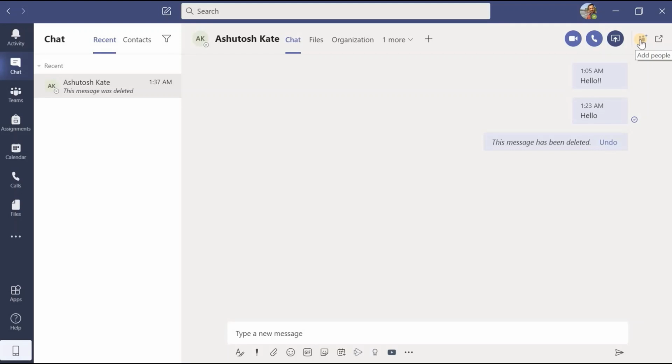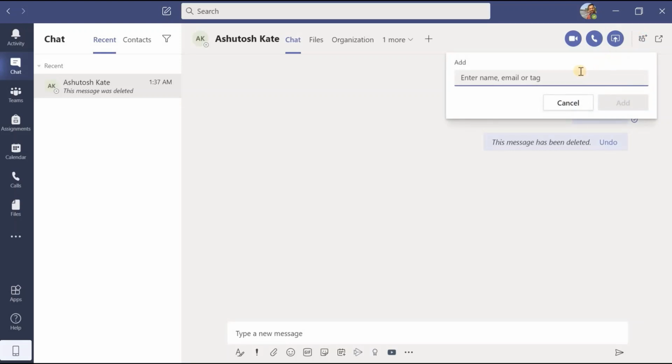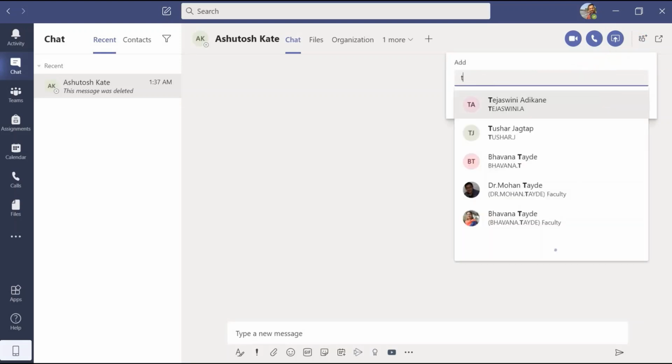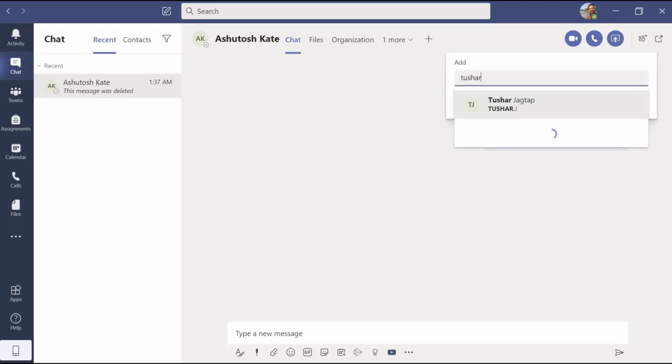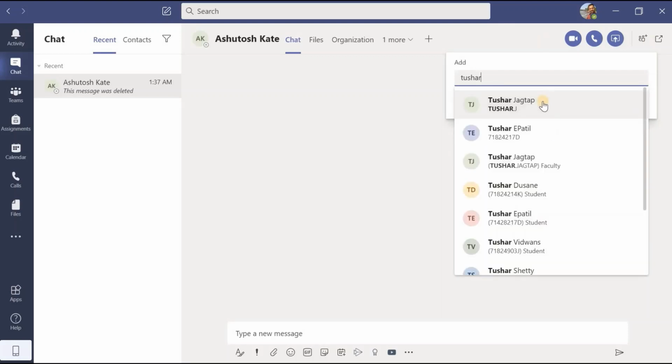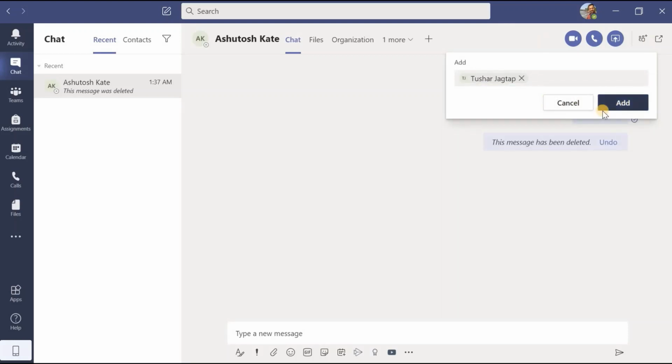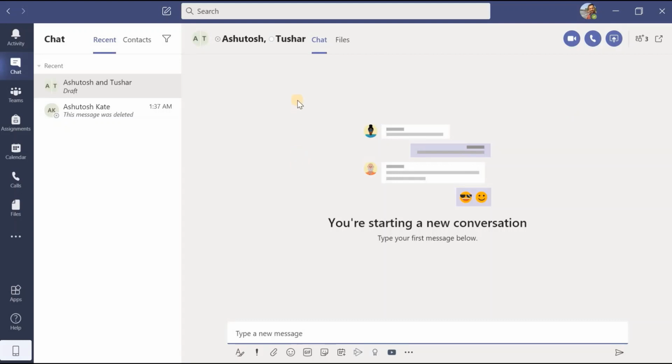Here add people, means suppose in this chat, if I want to add few more names, that easily I can add. I can search for the name and just click on the add. That person will be added to this group chat. Here I can find this group chat we have created, that is Ashutosh and Tushar. Here once again I can write the message,